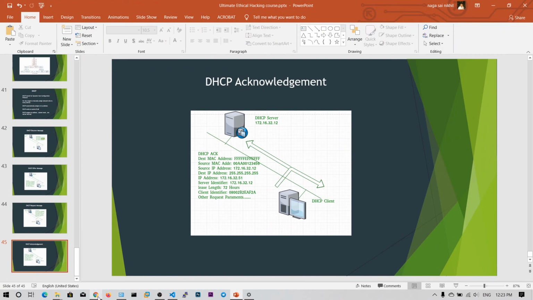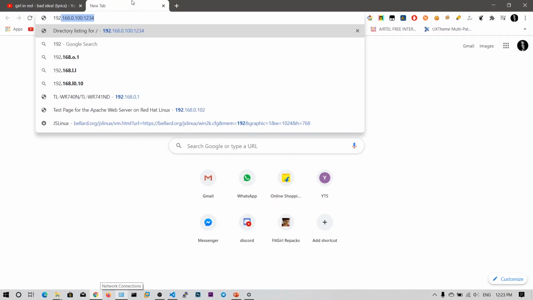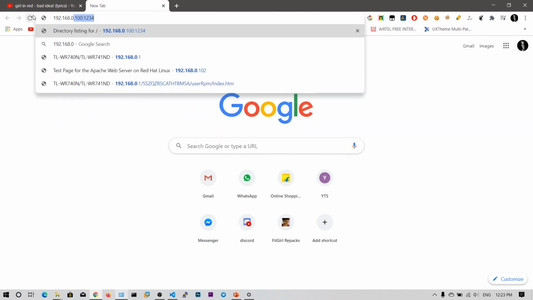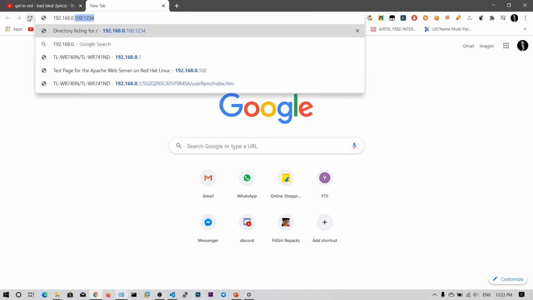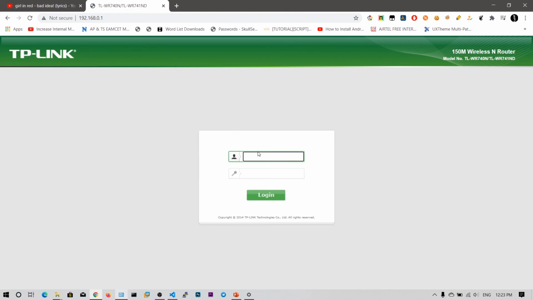Now, I will show you my router's DHCP configuration. You need to go to the default gateway, which is generally 192.168.0.1, and mine is a TP-Link router.